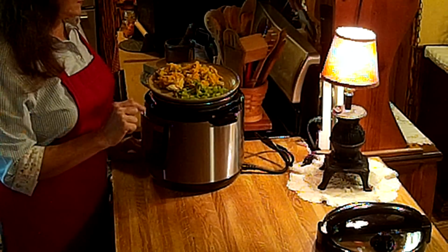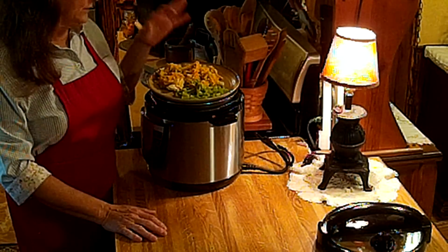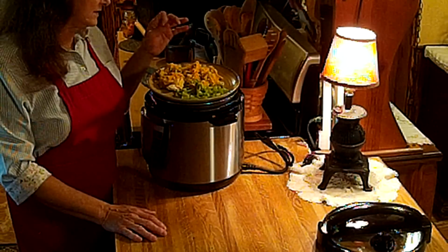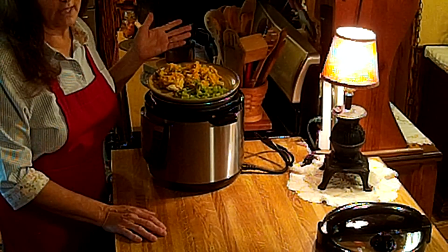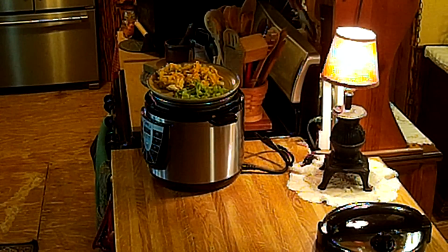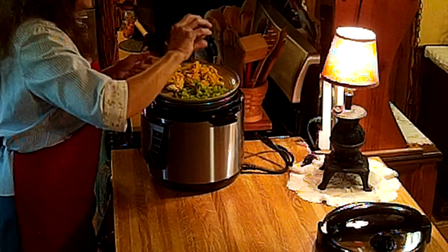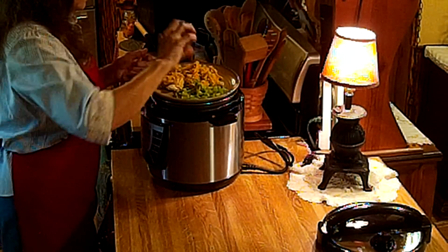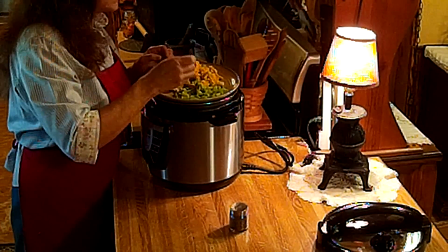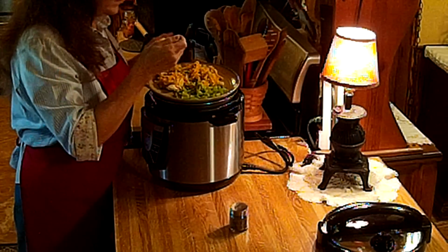And I'm going to taste it to make sure that everything's okay. And as for the salt and pepper, you could add it now, taste it to make sure that it needs it. If not, just leave it out. But if you like the flavor, then go right ahead. I'm going to add a little bit of pepper. I got to taste it because of the salt, because like I said, I had to use bouillon cubes today because I forgot to take out the...